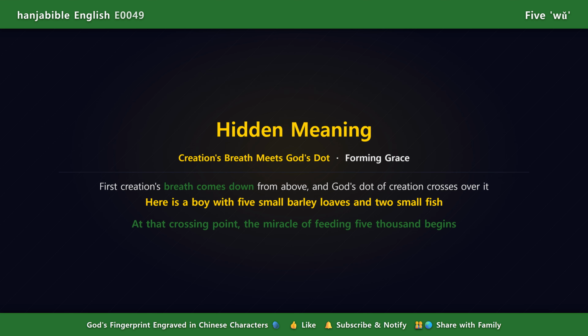What does this character conceal? First, a downward stroke of creation's breath comes down from above, and then God's dot of creation is placed crossing over it. Together these two strokes form 5. At the place where creation's breath comes down and God's dot of creation crosses over it, the number of